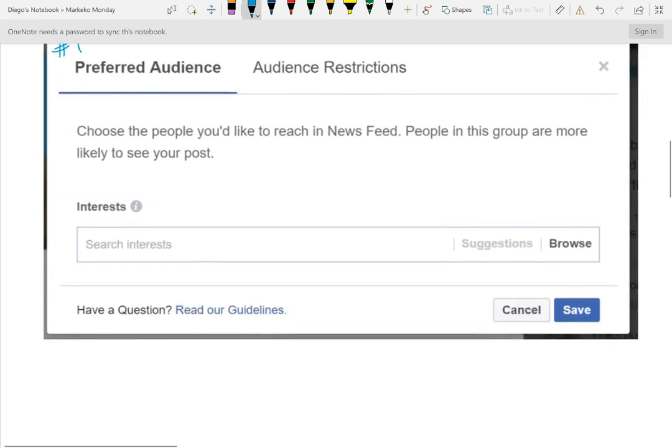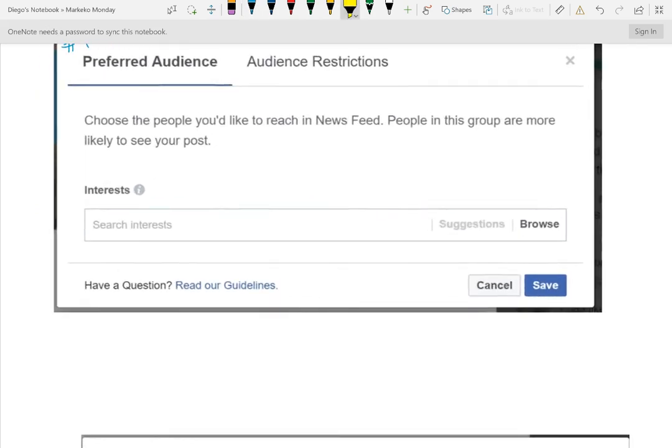And so the first one, preferred audience, what you can basically pick is interests. And so you can basically match your interests, right? So the content. Think about fans, and specifically think about the interests that might be a better match for those fans that are going to have more interaction with the content you're publishing, right?